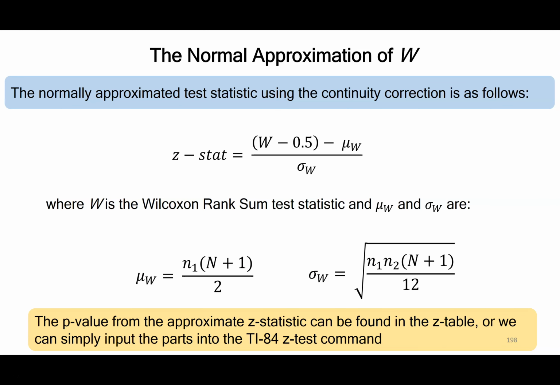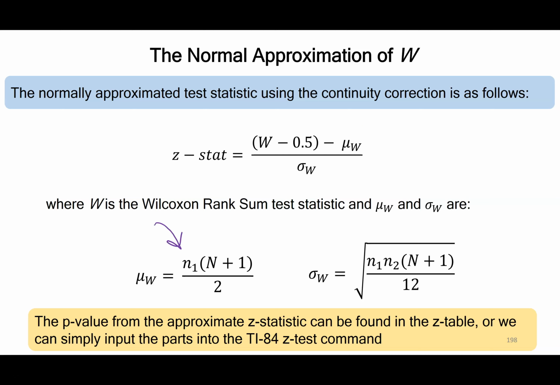So for that normal approximation of W, there are a few steps involved here. This capital W is going to be, once you count up the ranks for both groups, whichever group has the smallest sum of ranks is going to be your W. That minus 0.5, minus mu W, which is something else that you have to calculate, over sigma W. So mu W,